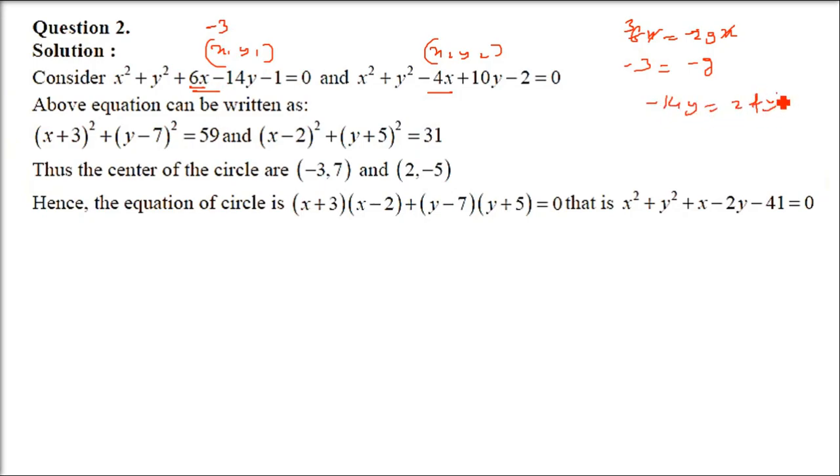coordinate, that is the abscissa. Of our ordinate, compare it with 2fy. If you see here, you have to find out minus f. Please remember, minus g and minus f you have to find out. So that is minus 3 and 7.